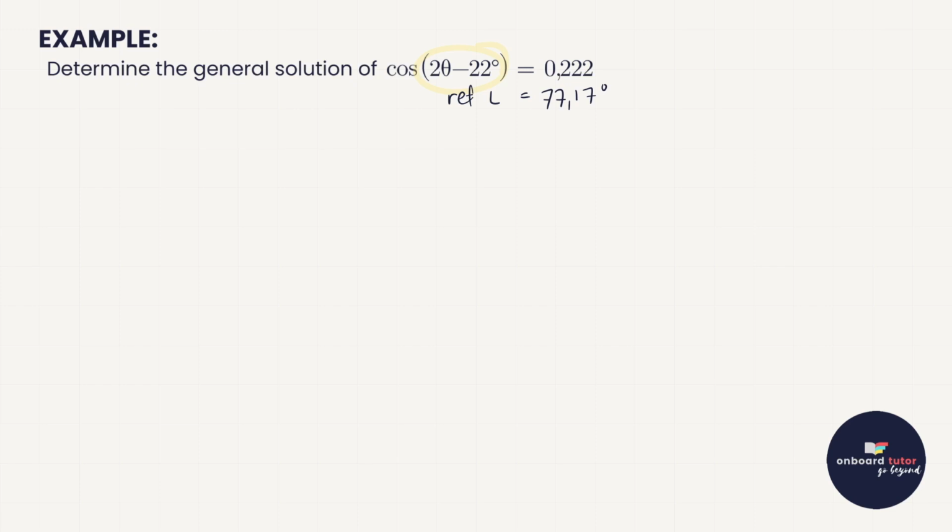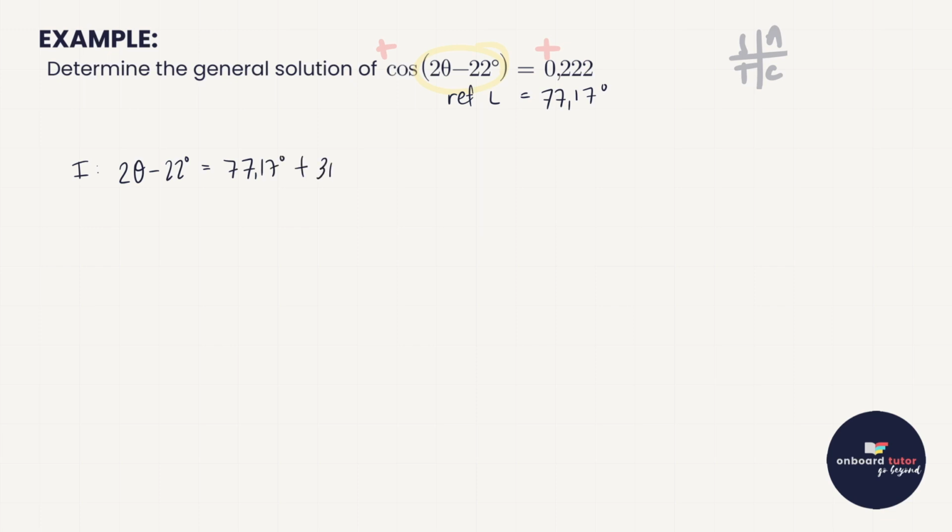Okay, now I'm ready to apply it. So according to my CAST rule, I'm dealing here with a positive 0,222. Cos is positive in quadrant 1 and in quadrant 4. So in quadrant 1, I'm now going to use the whole angle. 2 theta minus 22 degrees is equal to, I take my reference angle